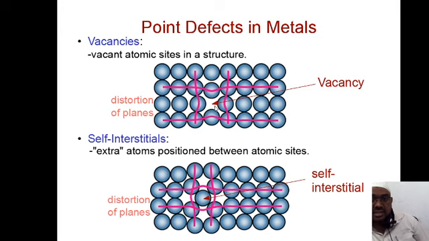When I say vacancy, can you give an example where you will actually find a vacancy? We can have an example of a semiconductor. In a semiconductor, we have holes, right? The holes in a semiconductor are a very good example of a vacancy. And when you talk about a self interstitial, where you get an extra atom between the atomic sites, can you give an example? You can have the example of carbon, the formation of carbon in the surface of iron. That is an example that comes under the interstitial point defect, right?